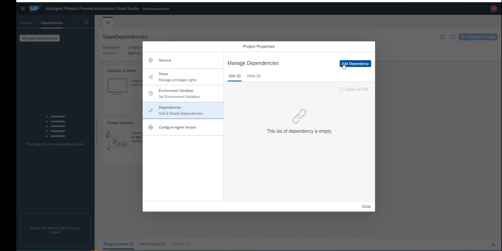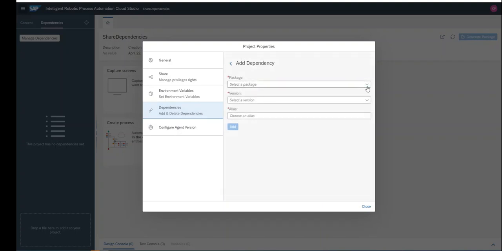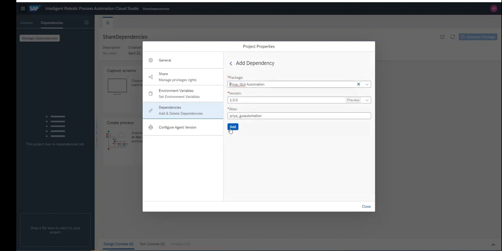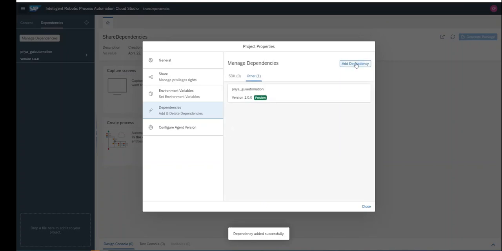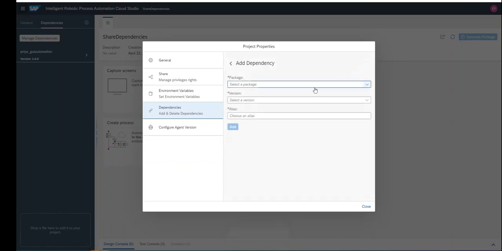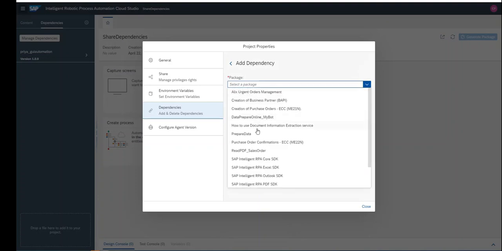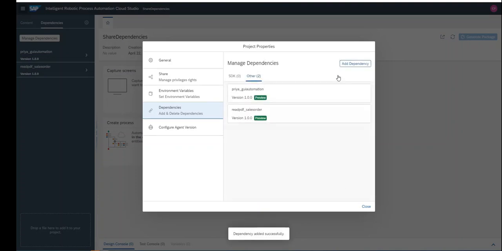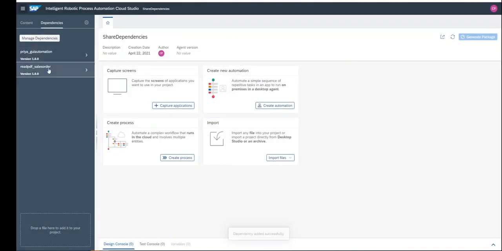So I go to the dependencies, add as dependency, select the package. I want two packages now. One is the GUI automation, add it. If you don't share your project, you can't see it in the drop down list here. So I have read PDF sales order. I have added both the dependencies.